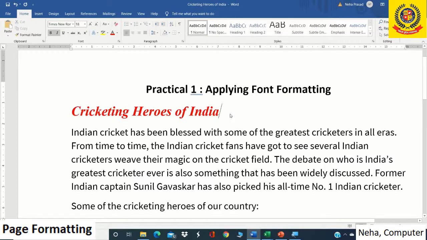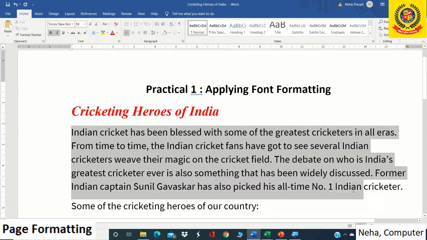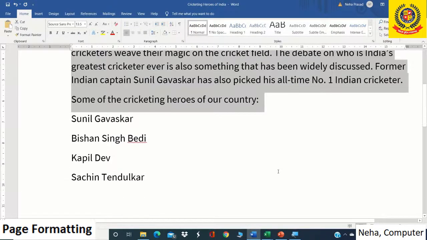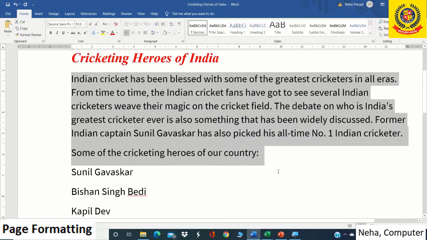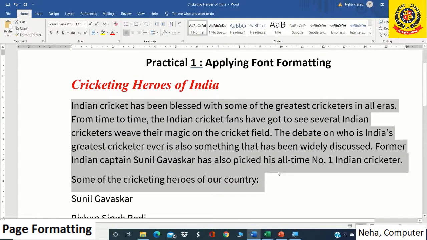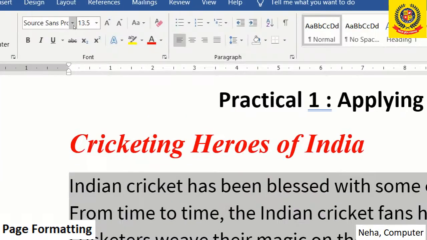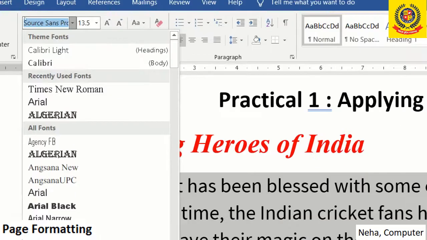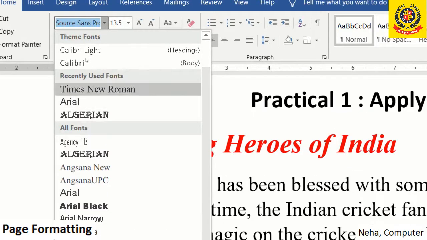Now it's time to do the font formatting of the text written. First of all, we'll select it with the help of the mouse till here. We're not going to select the rest of the content. First we'll select this text and again go to the upper part, and there we will select the font face, that is Times New Roman.